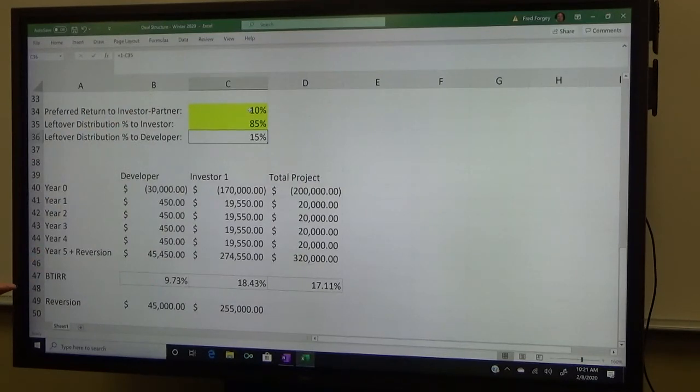In a situation like this, where the investor is receiving the bulk of the returns, wouldn't he be better suited just to go into a REIT? Possibly, yeah. Because if you're going to take the tax brunt, might as well just invest in a REIT. No. I mean, I don't disagree with what you're saying. What I'm saying is,